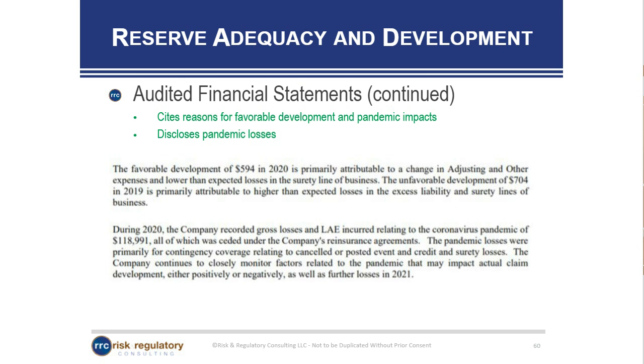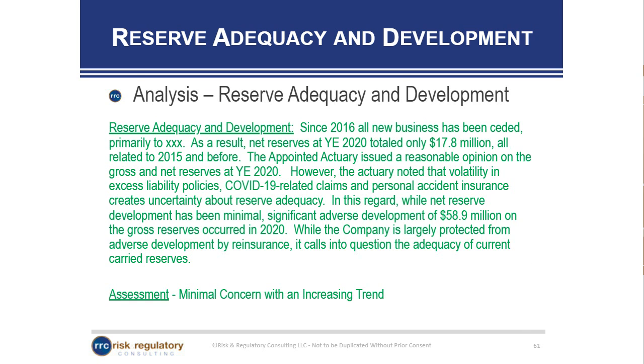The audited financial statements also cite the reason for the favorable development and pandemic impacts, and disclose the pandemic losses. I don't recall in the audited financial statement seeing much discussion on the gross reserve development, so that may be a deficiency on that. But when you pull all this information together and take a look at that, you would determine